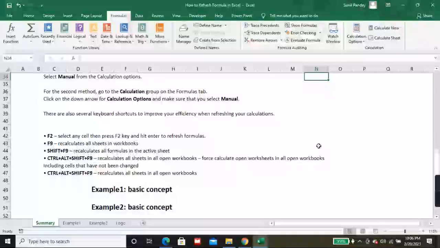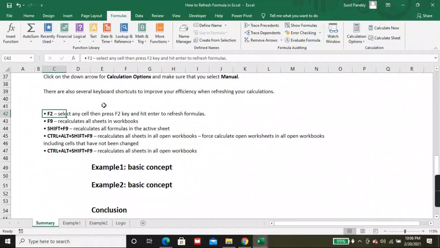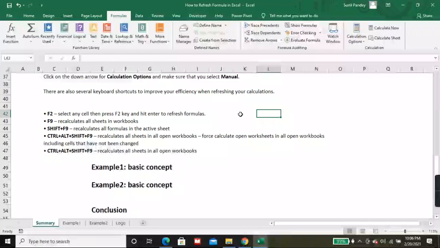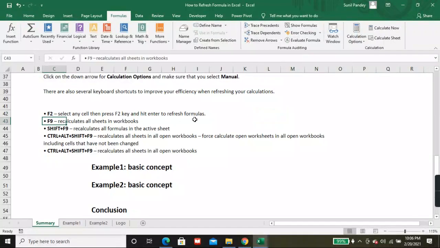There are also several keyboard shortcuts to improve your efficiency when refreshing your calculation. I have mentioned them here. F2: select any cell, then press F2 and hit Enter to refresh the formula. The second is to recalculate all sheets in workbooks: press F9 on your keyboard.